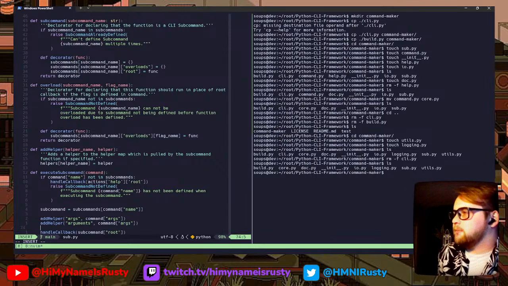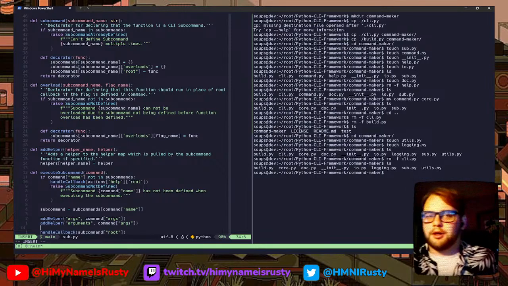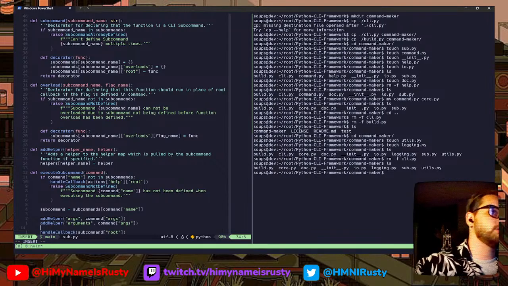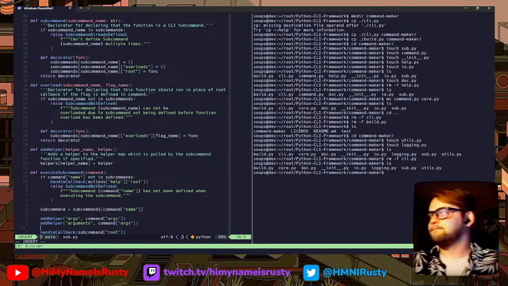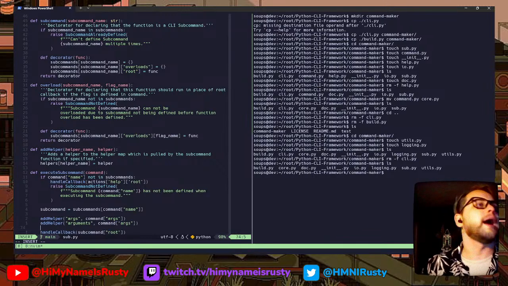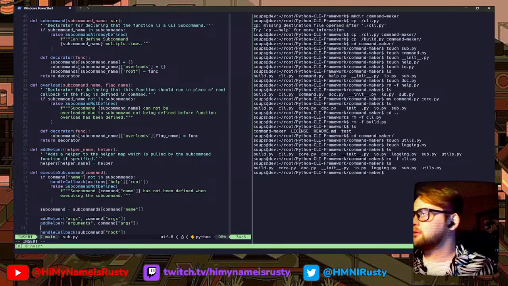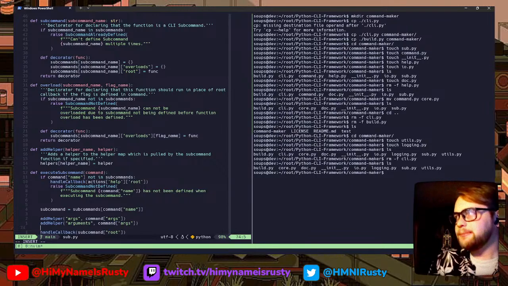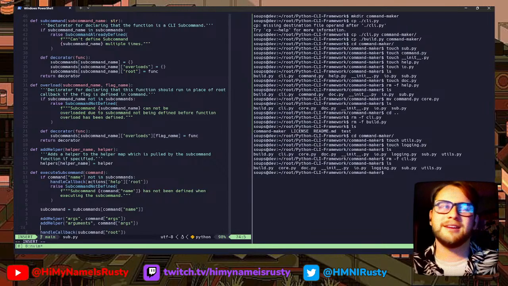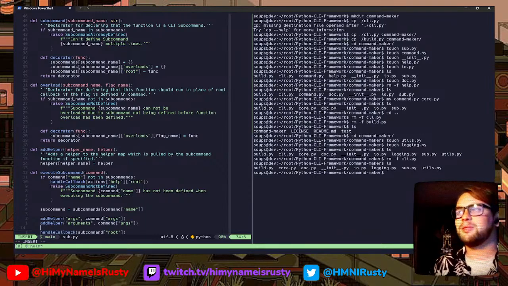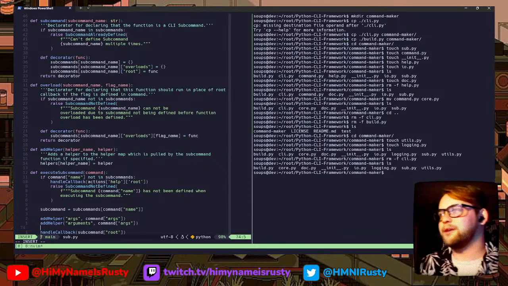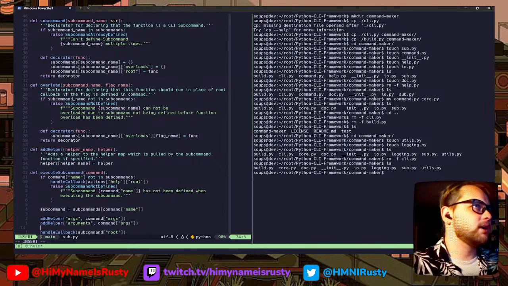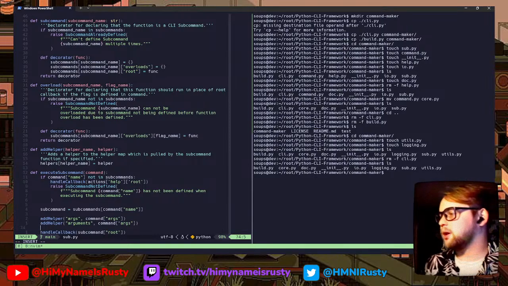Remember, I'm alright with hijacking the parameters of this function because I don't return this function. Once you add the subcommand decorator or the overload decorator, it's now my function. You lose control of that function flat out. So I don't really mind hijacking it in this way.